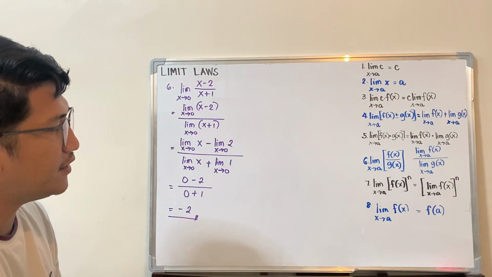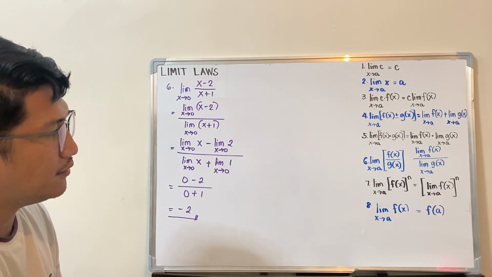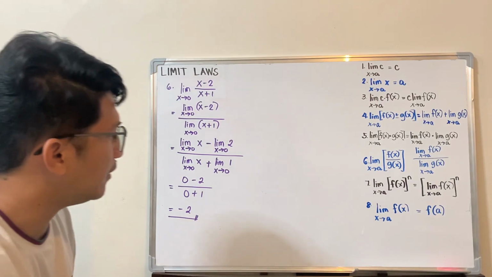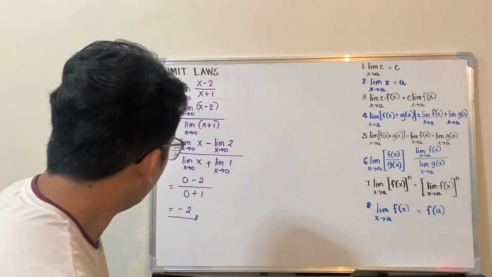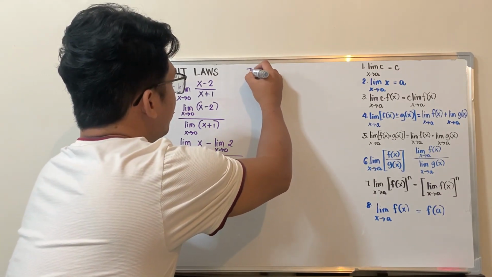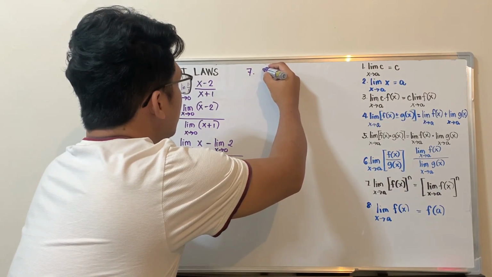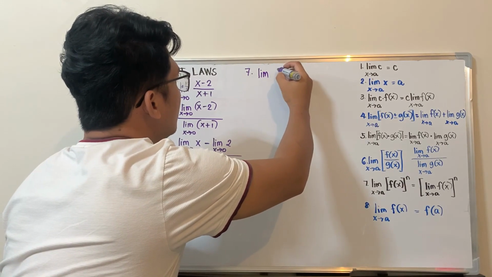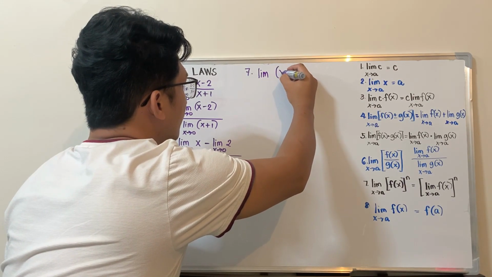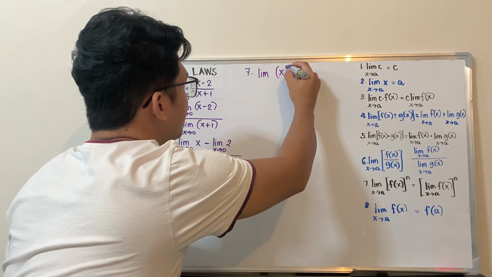The number 7 is this one, if there is exponent, no? So limit of the function raised to a power. Ang may tabo, another example for this would be this one, no? Let's say you have the limit, you find the limit of